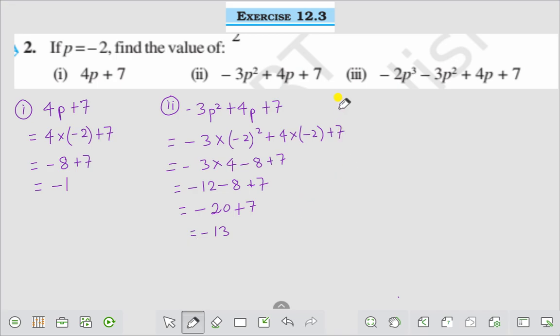Now question number 3. Question number 3 is minus 2 p cube minus 3 p square plus 4p plus 7. You have to put the value of p as minus 2. And we are getting minus 2